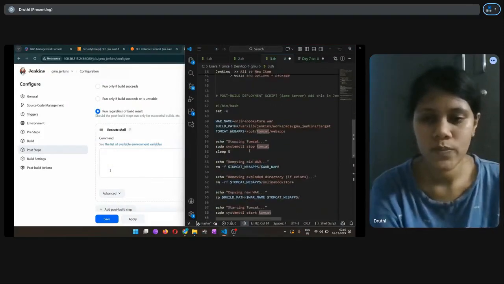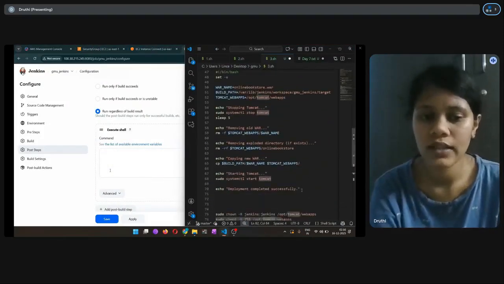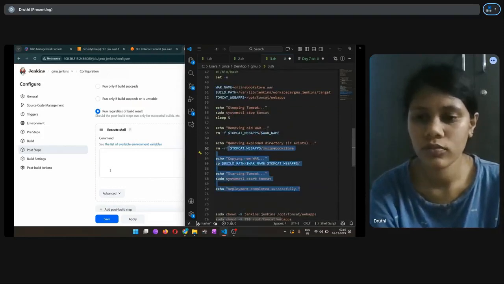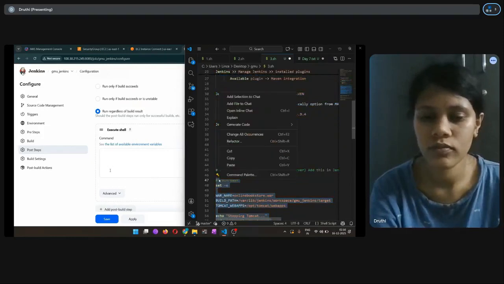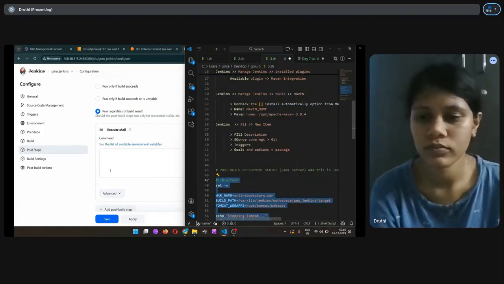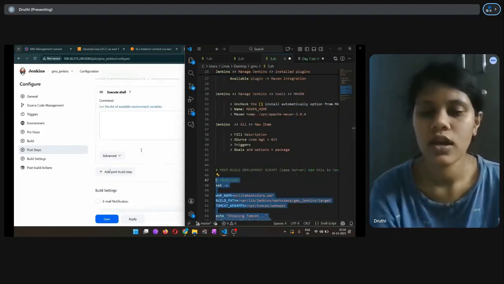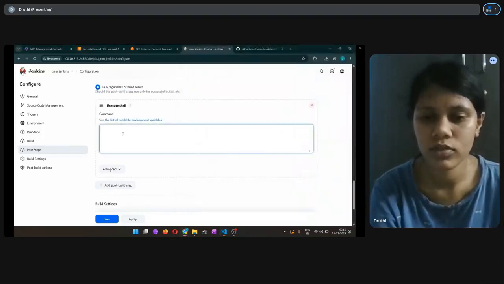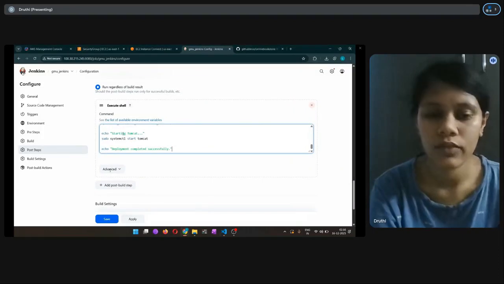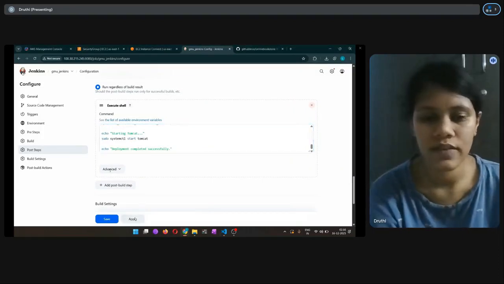So again, as shown in the video, copy the code. Yes, so again we are copying the code. We have copied it, and we are going to paste it down here, and after pasting it we are going to save it.